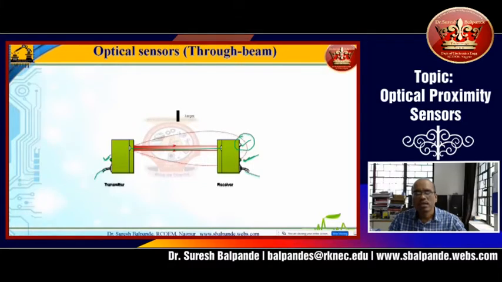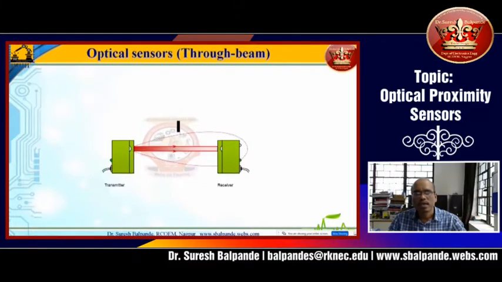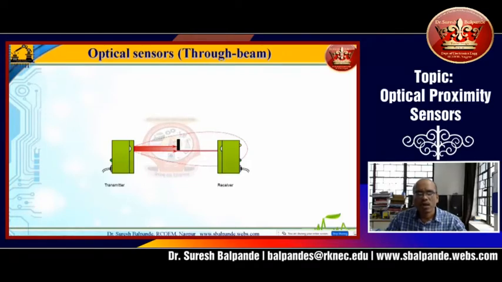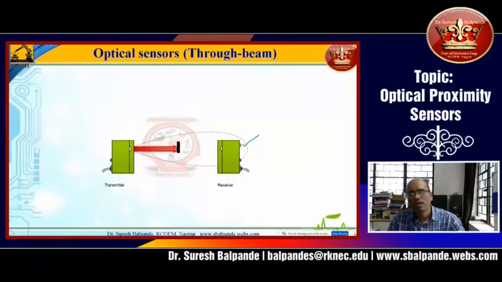You can see here now the target is in picture. Now the target is moving. The object has interrupted the light, but it is not completely interrupted in this case because it will slowly go through the lobe. There is a lobe produced here in between transmitter and receiver. So now this lobe is not interrupted. Then you will have a case where there is a complete interruption. You can see now this LED is glowing, shown by the yellow color. That indicates that there is a light interruption.